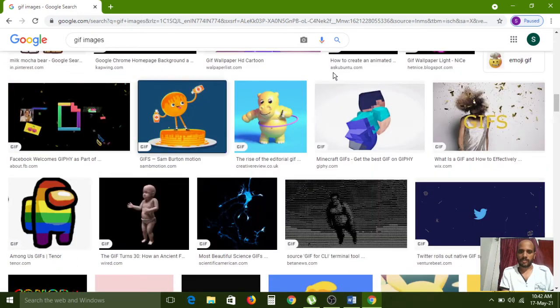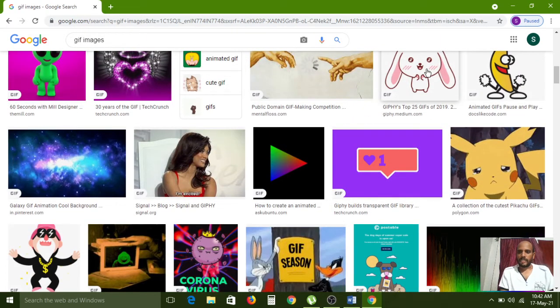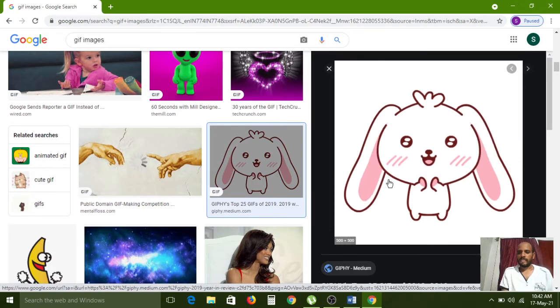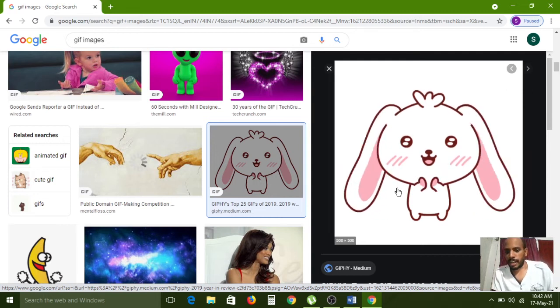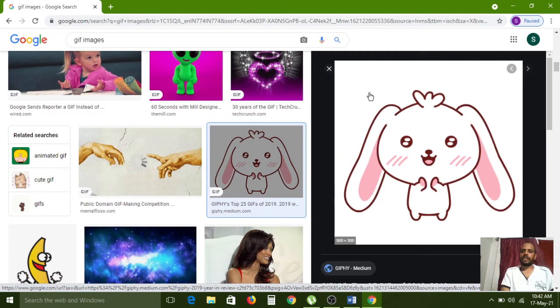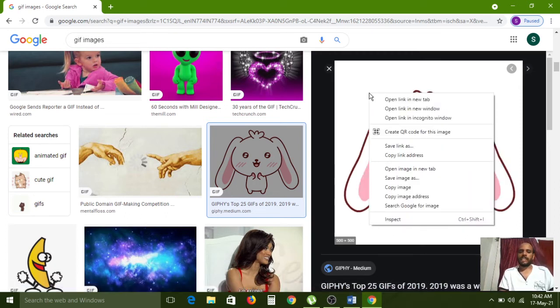This is also not opening clearly. Yeah, this is enough. It is moving now. It is a small size picture with animation. Animations are applicable only to GIF images. JPEG does not contain any animations.